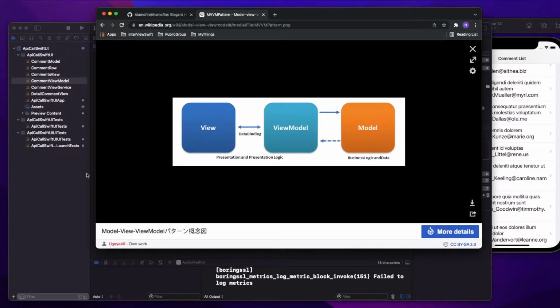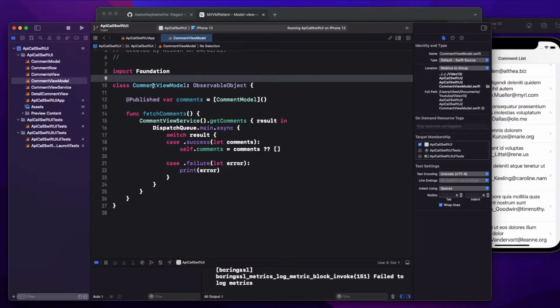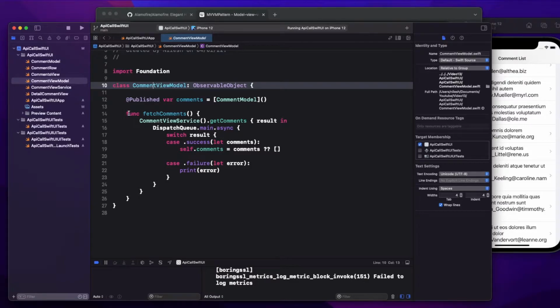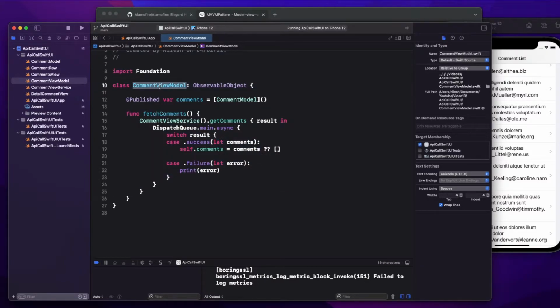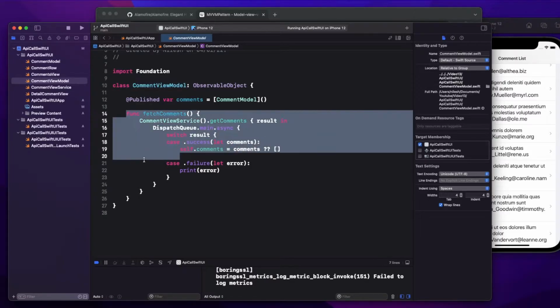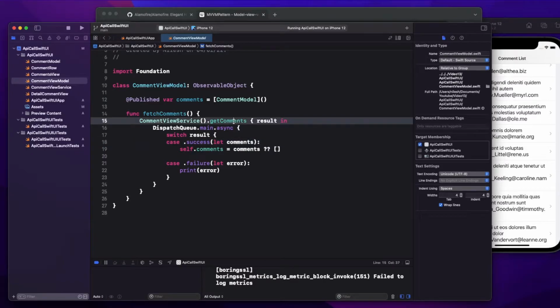Now, when you write a view model, you should also focus on how you can make the view model testable. For example, let's say I have to write a test for this view model class. When you write a test, you have to test whether you are getting the comments or not. Once you create a view model object and call fetch comments, you will be directly calling the actual API.